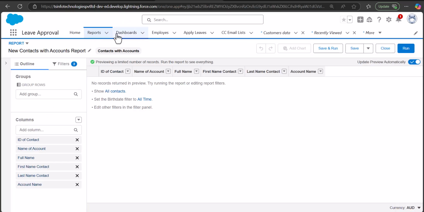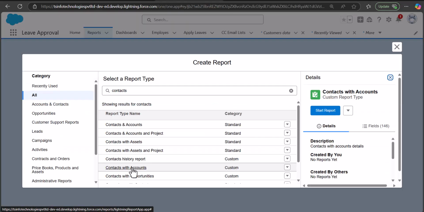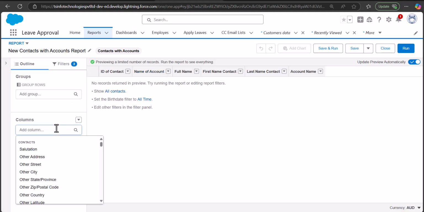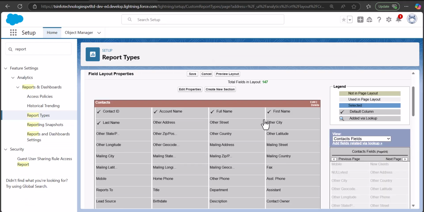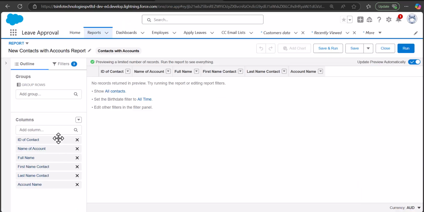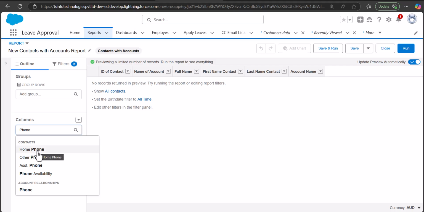Now I'm going to create a report using this custom report type. So here is the custom report type, and then click start. We have removed the phone field. So if I search and select the phone, it is still there. So I think we have not saved the changes. So here I will save it. Now I will again search and select the phone field. Now you can see the phone field is